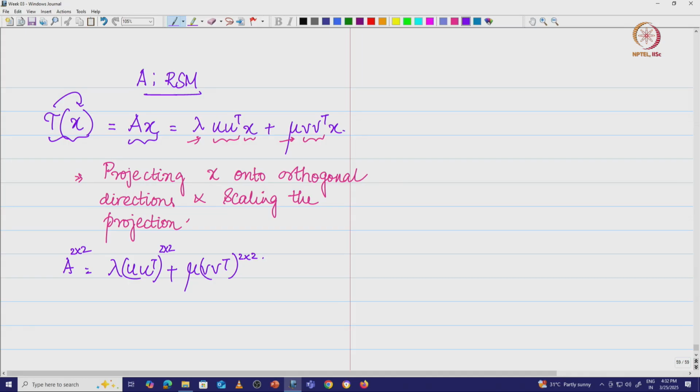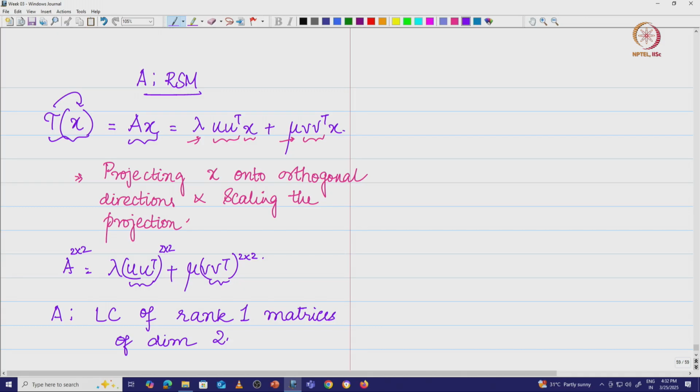Now what are we going to say? We are going to say that I can write A as a linear combination of rank 1 matrices of dimension 2, right. Therefore this eigen decomposition is basically eigen decomposition in the sum form. Now what is interesting is the matrix u transpose and the matrix v transpose are linearly independent matrices, and therefore in the vector space of matrices these two will be bases.